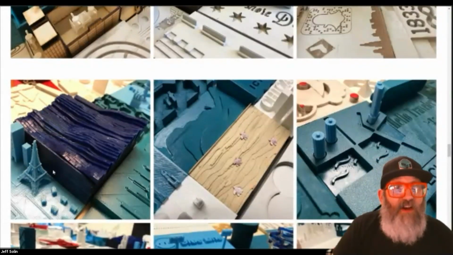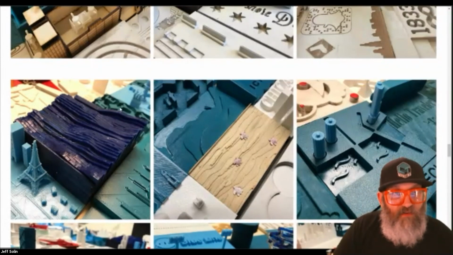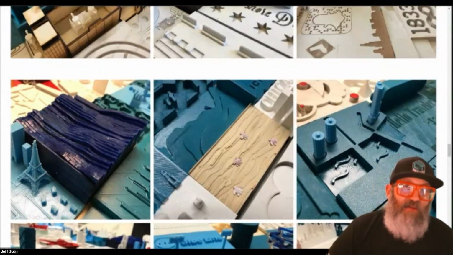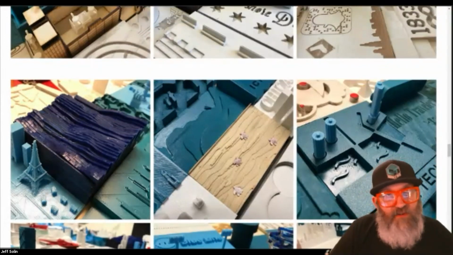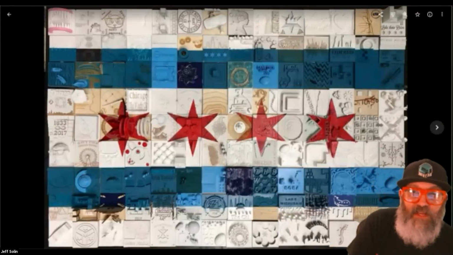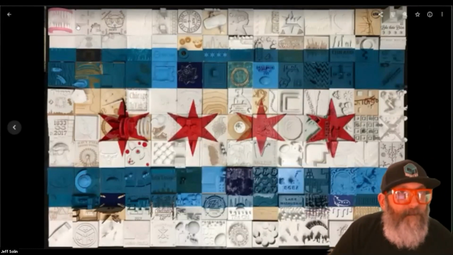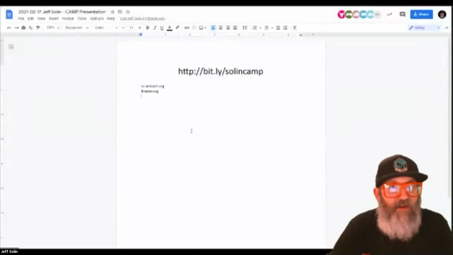Next to a really cool series of laser cut acrylic to create water. Okay, so I don't want to talk too much about this project. That project is what led to the next one. This is the overall flag, what it looked like. And on my Medium page, I can put it in here. It's just